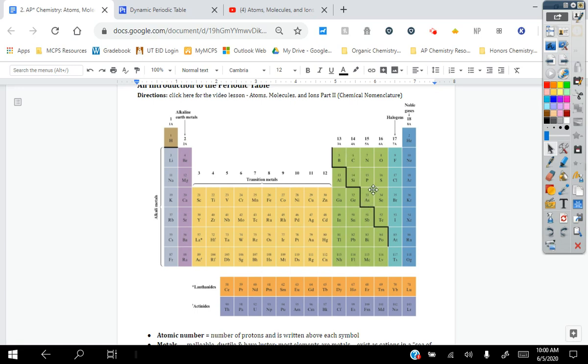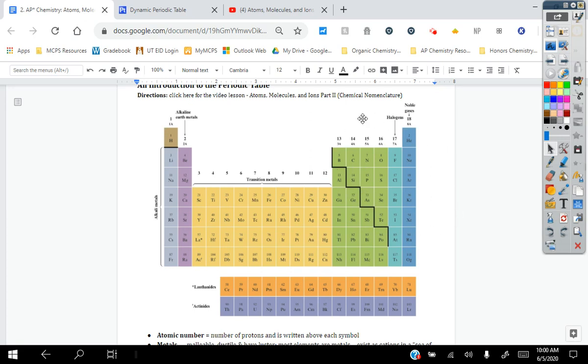But above the staircase and to the right are all of your nonmetals. On the staircase itself is referred to as metalloids. We won't really talk about them as much, but they are referred to as metalloids officially. So as a recap, anything to the left is your metals, anything to the right is a nonmetal. Hydrogen is also a nonmetal, so even though it's on the left side, remember that hydrogen's a nonmetal and it